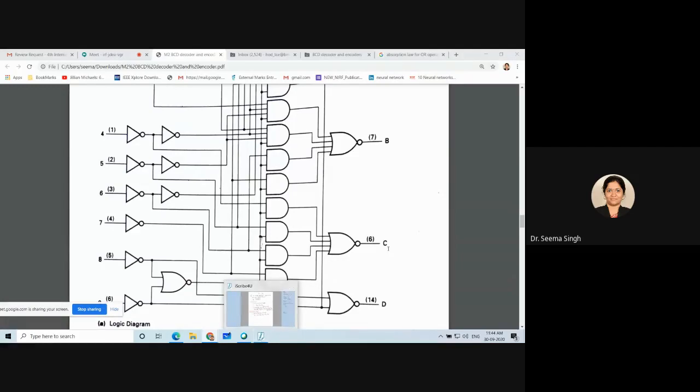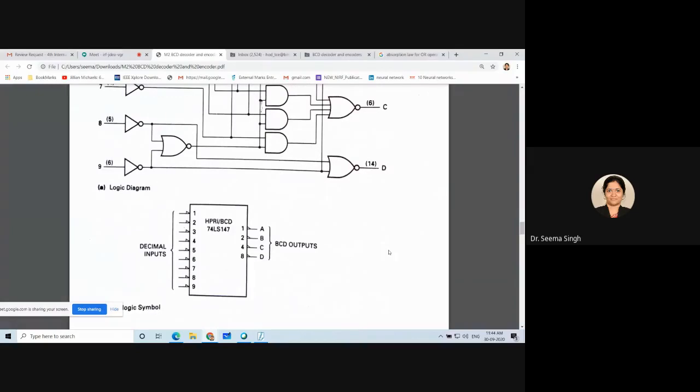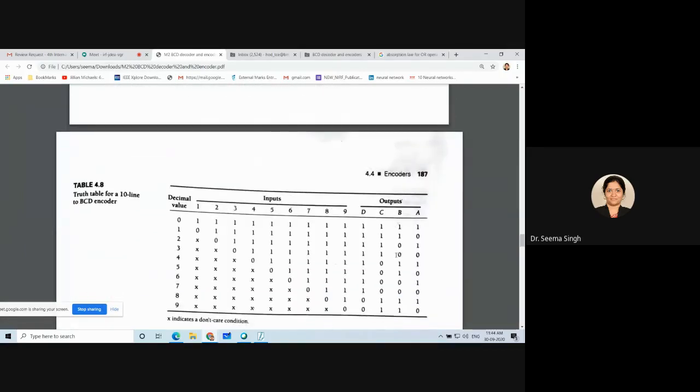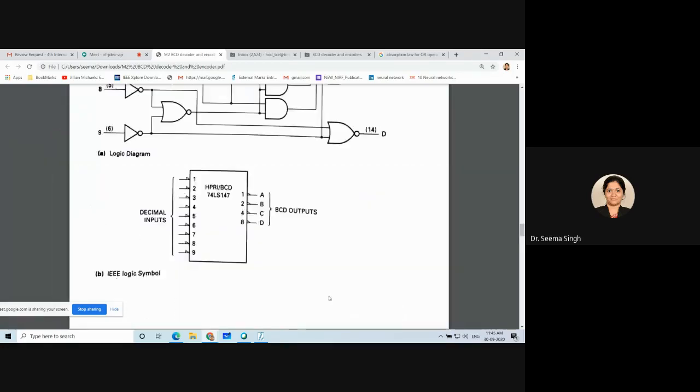So this thing, what I am trying to show is with respect to 74LS147, active high input and active low output. You are able to make the equation from this truth table only. So first thing, you should understand how to make this truth table. After that, using this truth table, you should understand how to make the equation and simplify the equation with a small Boolean algebra. You simplify the equation and then you make this circuit.